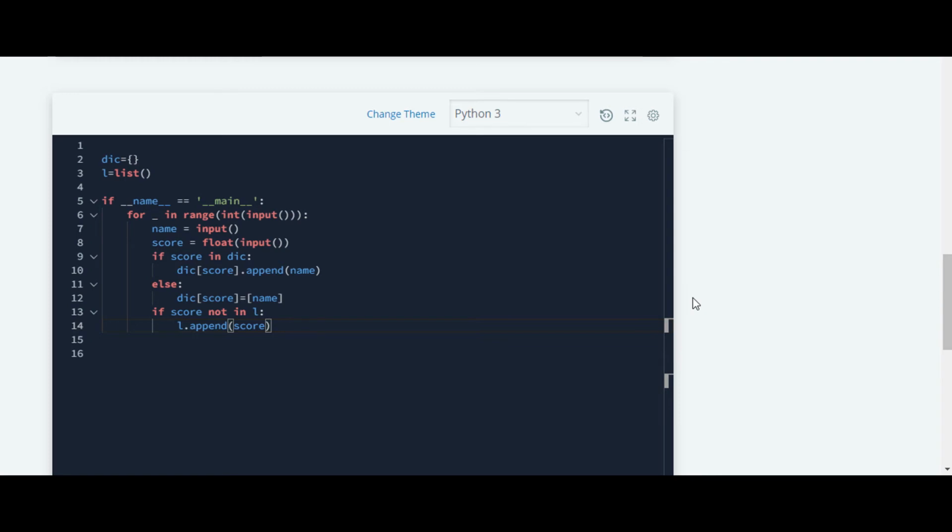And what we'll do now is find the minimum score from this list and remove it. Why are we removing that minimum? Because we want the second minimum. So if we remove this minimum score from the list, then we can access the minimum element after that, and we are getting the second minimum. Hope you are getting it. So I'll just write the code and I'll explain it again.